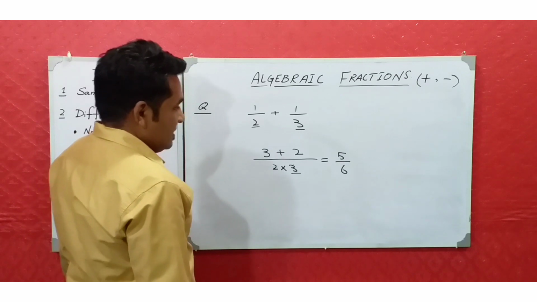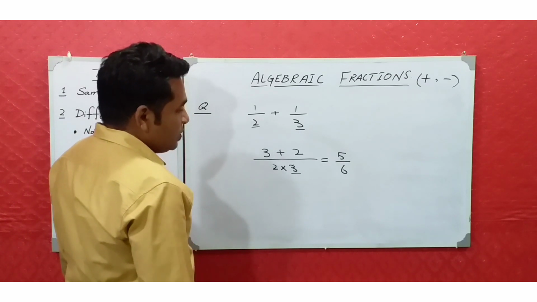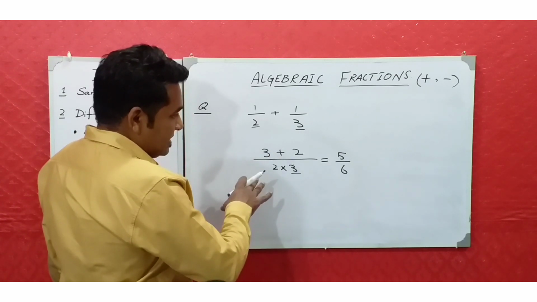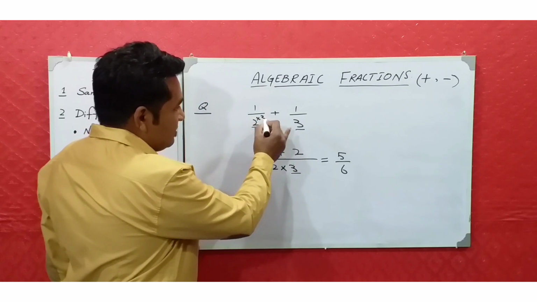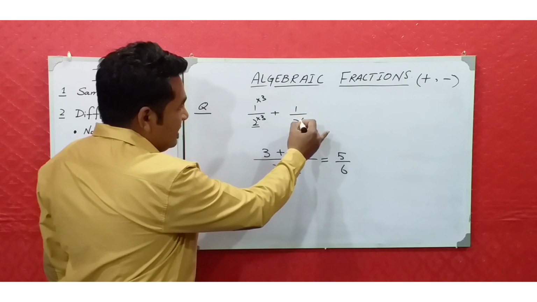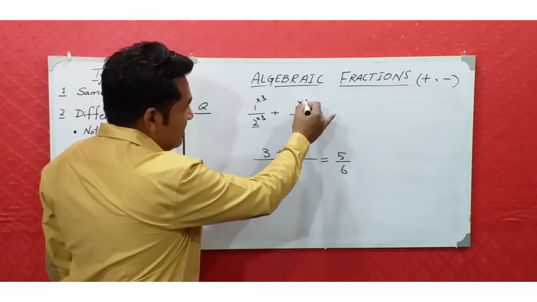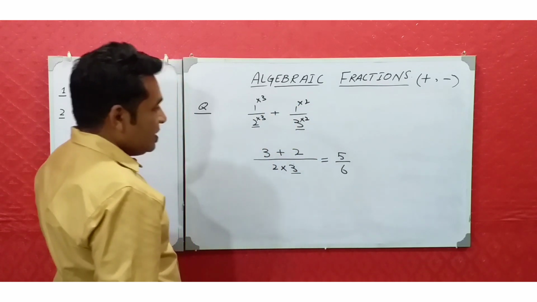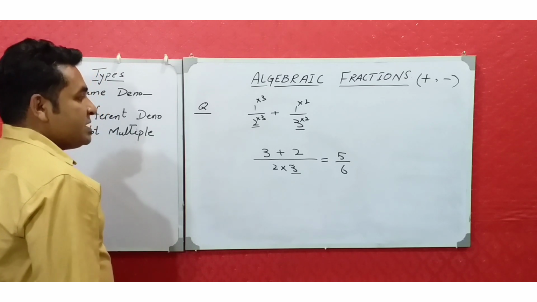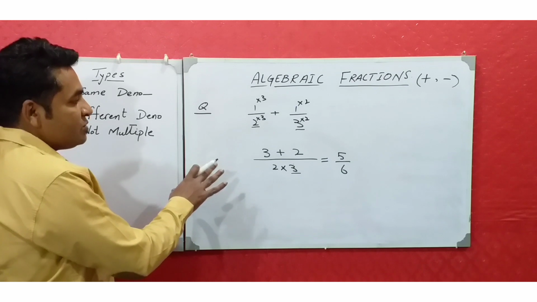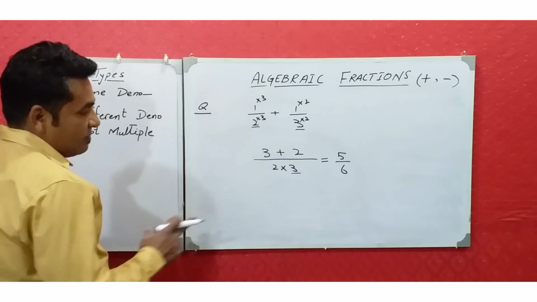Guys, I will ask you to understand this LCM in this way. As you have understood, it is 6, so we multiply 2 by 3, we multiply 1 by 3, we multiply 3 by 2, we multiply 1 by 2, and in this way you usually solve it. But I will ask you to understand it this way, because this way is going to help you in algebra.